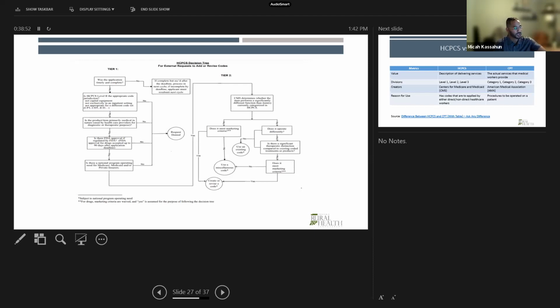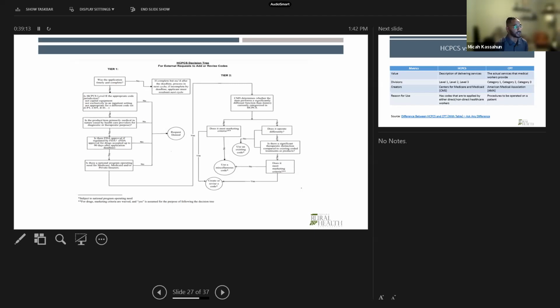Naturally, when we look over here at tier 1 on the top left corner, was the application timely and complete? This just represents: was the claim submitted on time? And again, in claims processing, that's always going to be the number one thing. Was it done on time? That will always be your number one thing you want to focus on.